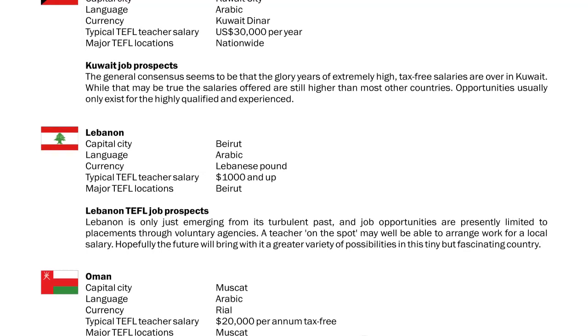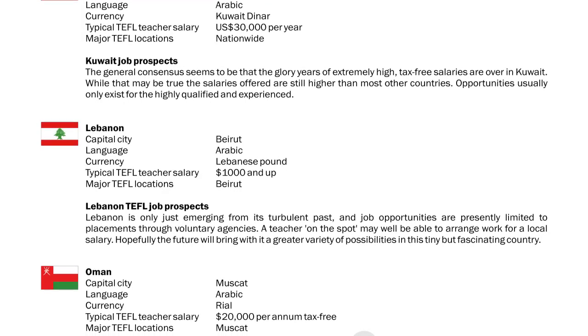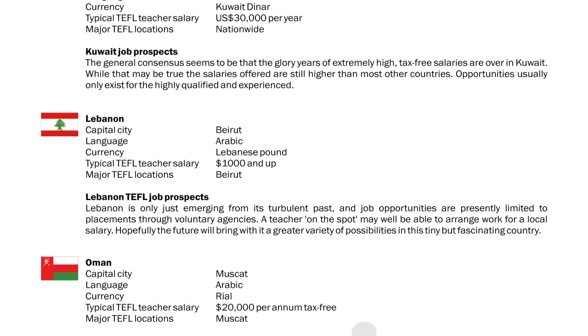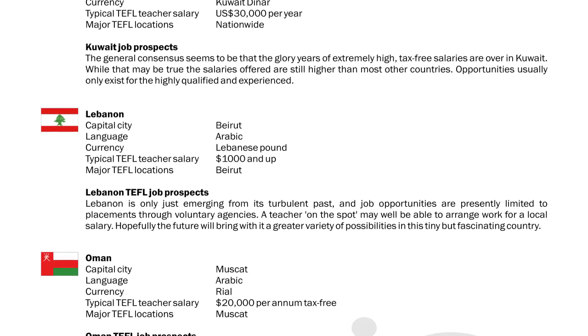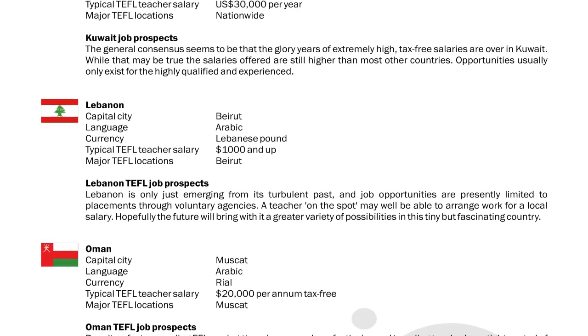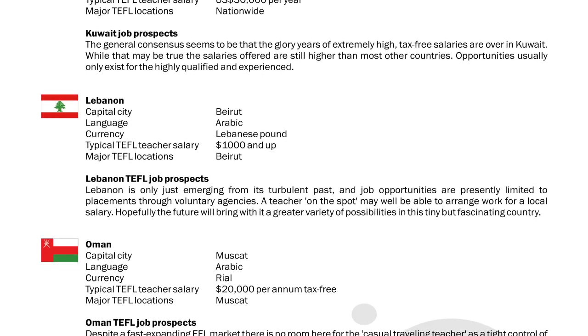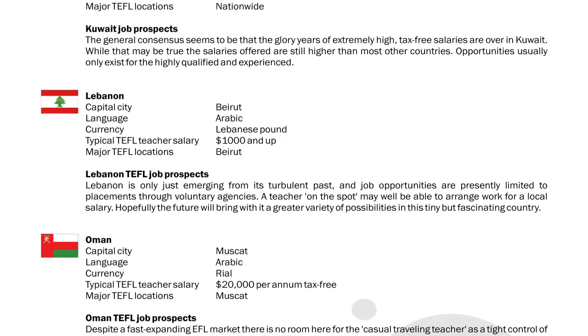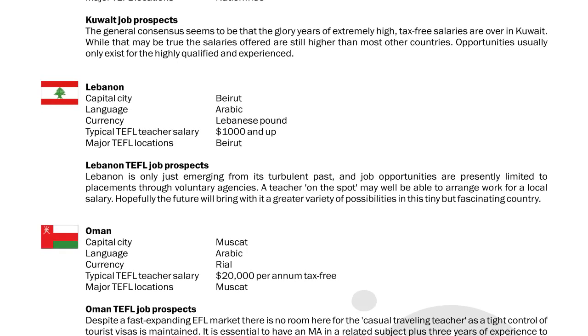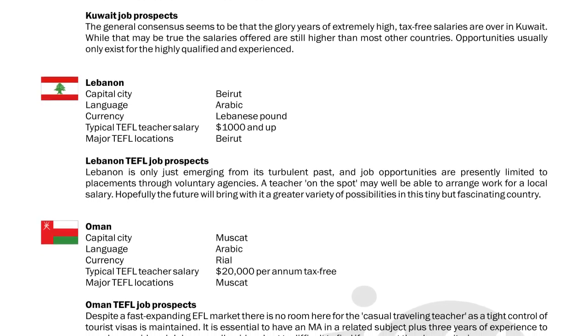Lebanon. Capital city: Beirut. Language: Arabic. Currency: Lebanese pound. Typical TEFL teacher salary: $1,000 and up. Major TEFL locations: Beirut. Lebanon TEFL job prospects: Lebanon is only just emerging from its turbulent past, and job opportunities